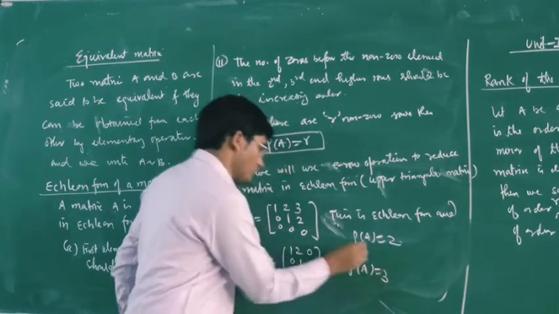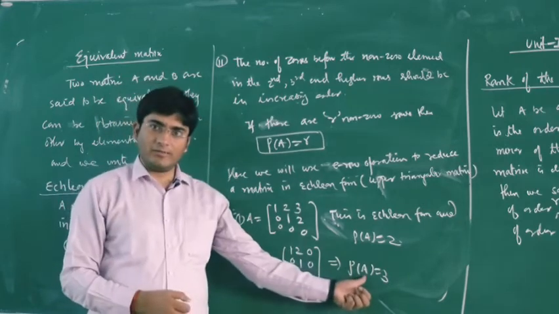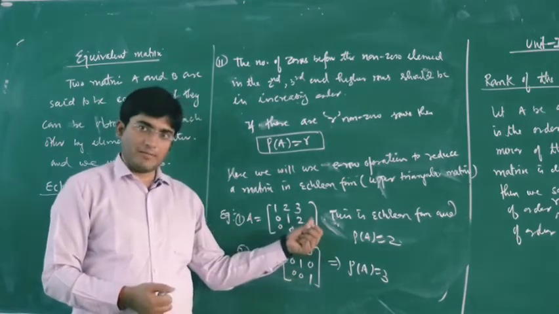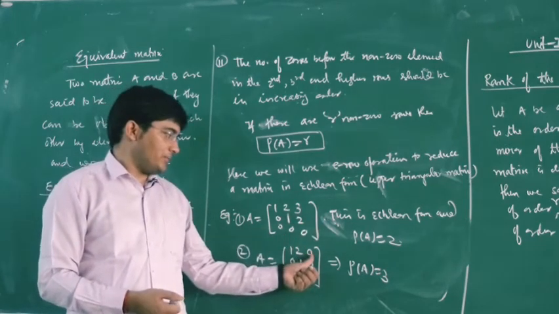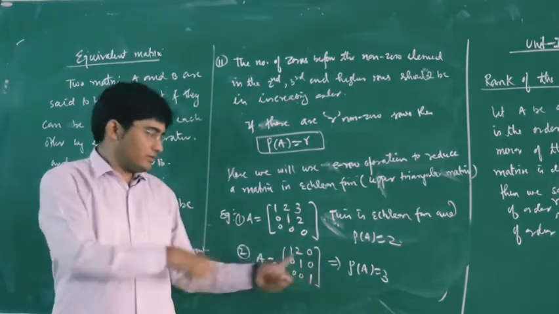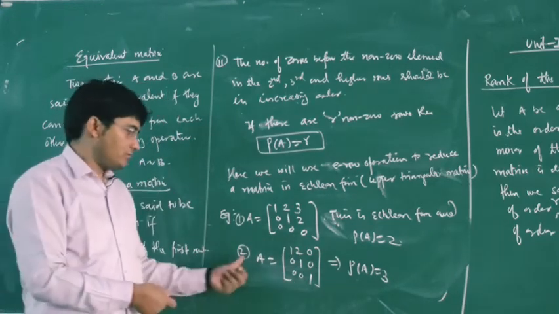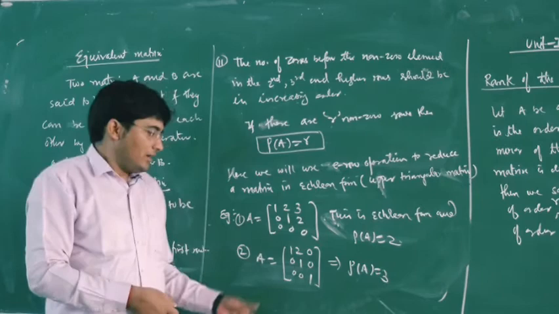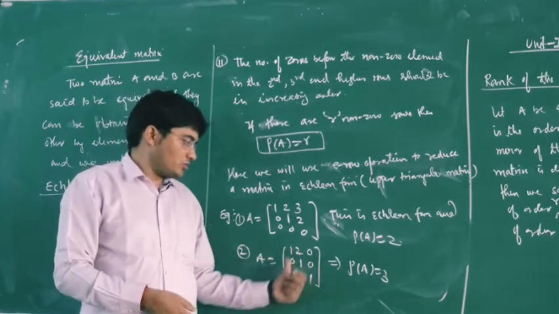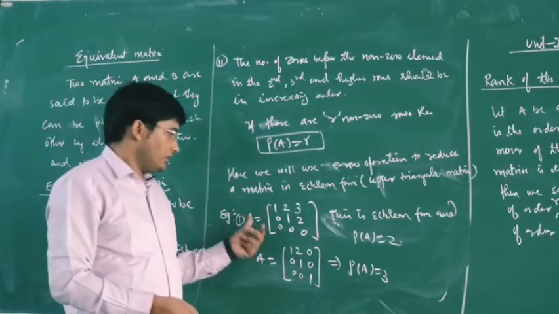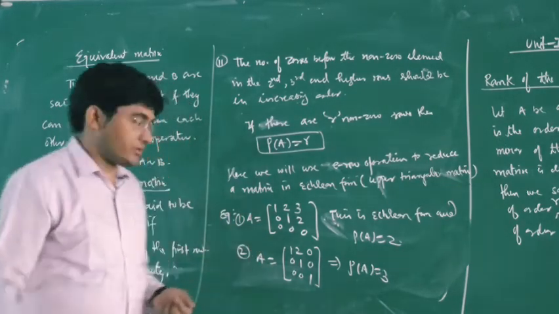So this is your echelon form of the matrix, and again our rank of the matrix is 3. Because you can see that this is your upper triangular form of the matrix. Now if you want to take its transpose, you can, and again the transpose of this matrix will have the same rank, and we can see that as we have 3 non-zero rows, our rank of the matrix is 3. So these are the echelon forms of the matrix.